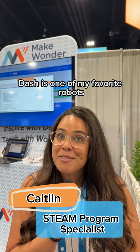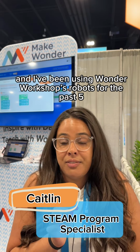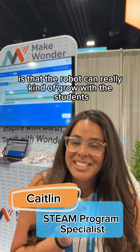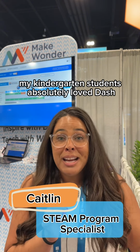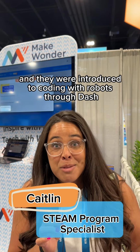Dash is one of my favorite robots, and I've been using Wonder Workshop's robots for the past 5, 6, 7 years. I don't even know. What I love most about Dash is that the robot can really kind of grow with the students. So when I taught kindergarten, my kindergarten students absolutely loved Dash, and they were introduced to coding with robots through